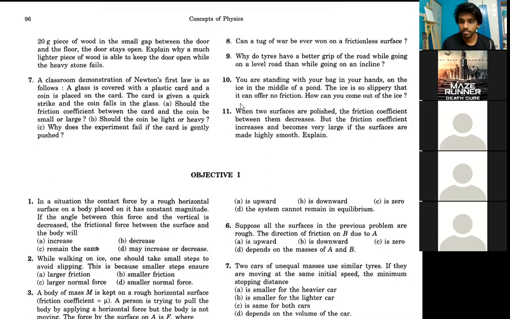Before going onto the ice, you have to wear some spike shoes. No. We could distribute our weight. No, there is one way to do it. You can throw your bag. When you throw your bag in one direction, there will be recoil on you. You will be pushed in the other direction. Do you agree? Yes, sir. That is the best way to do it. There is no other way.